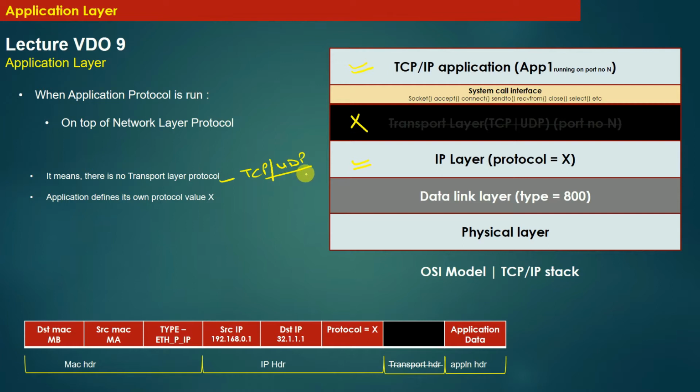Right? And when your application runs on the top of the IP layer, that is the network layer of the TCP IP stack, then your application has to define its own protocol value X. And this protocol value X will go in the protocol field of the IP header. So remember in the previous example, this value was either 6 or 17, depending whether the transport layer protocol is TCP or UDP. But since there is no transport layer right now, the X value has to be defined